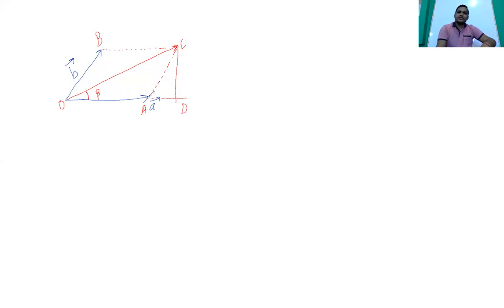So we have seen so far that this is your A vector, and this AD, if it is the B vector, is also at angle theta. So this was your B cos theta, and this was your B sin theta. From this triangle, in the right angle triangle, you can write here: